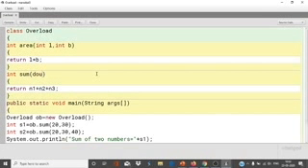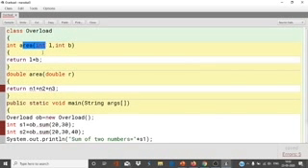I will take double r radius. If we take double, it will return a double value, so I will use the return type double. See, the name is the same, area, but this area is used to find the area of the rectangle, and this area is used to find the area of the circle.